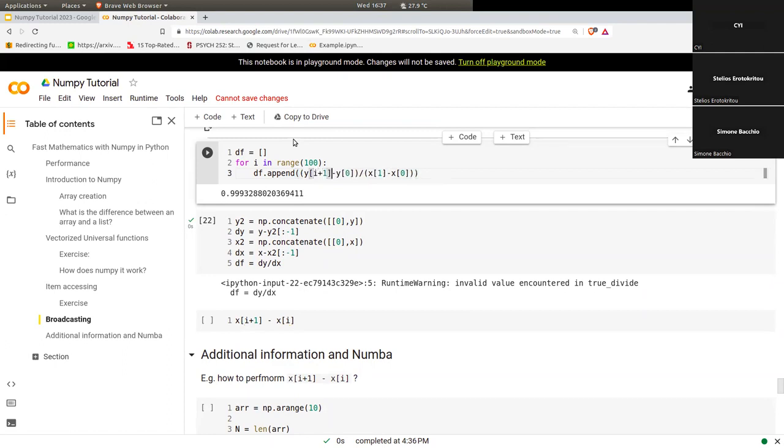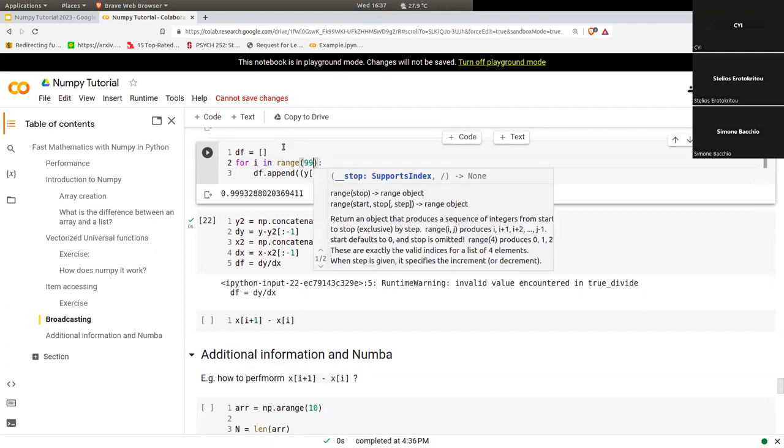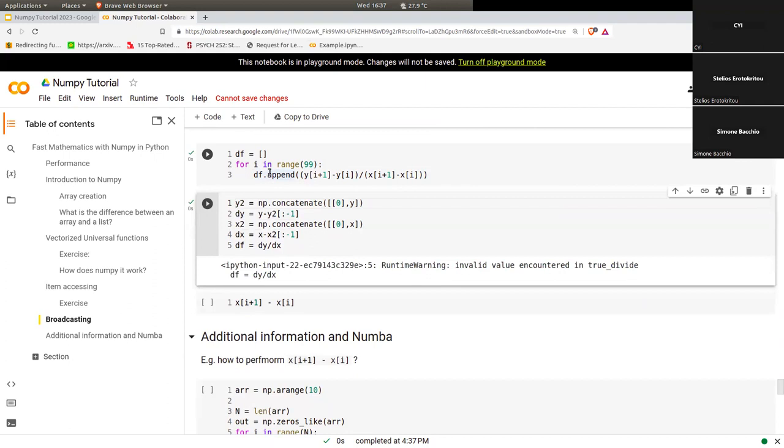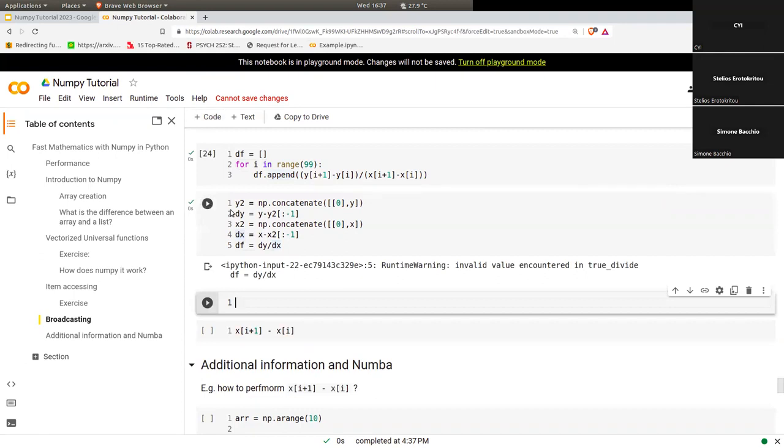So I can do i plus 1, i plus 1, and I need to run up to 999 elements. Okay, this is another way to do it, right? Will give us still the same result. This is the worst, this is better, very good. The best for me is to use a